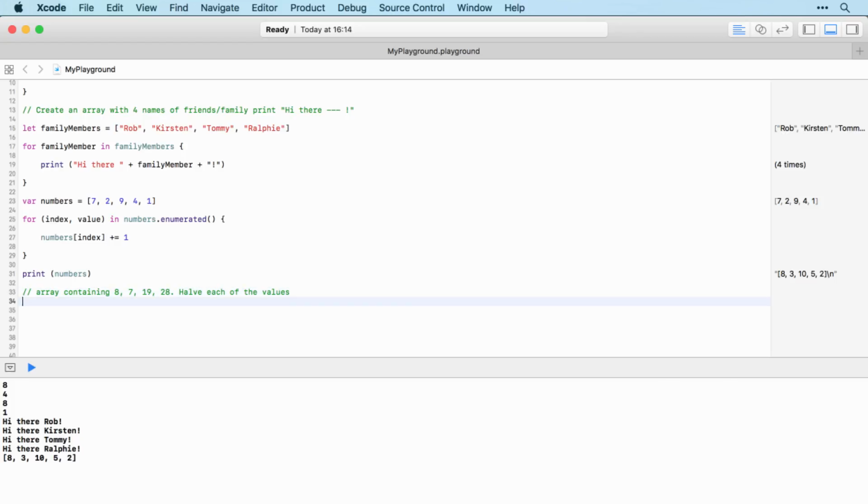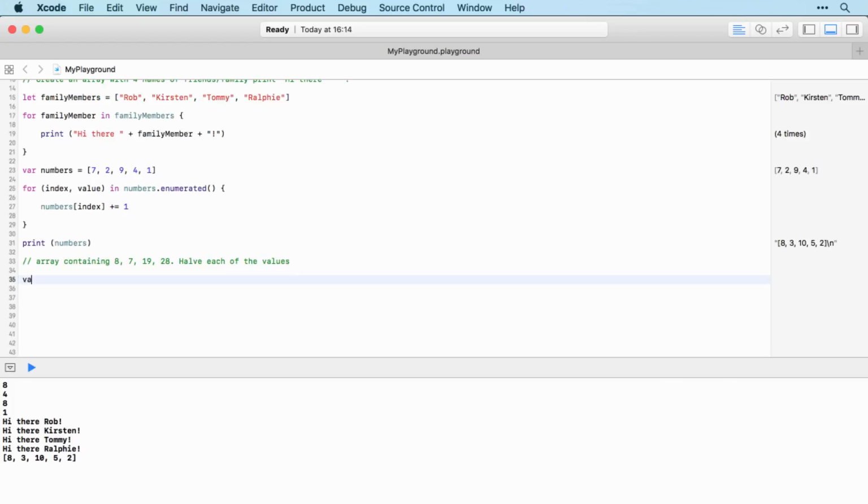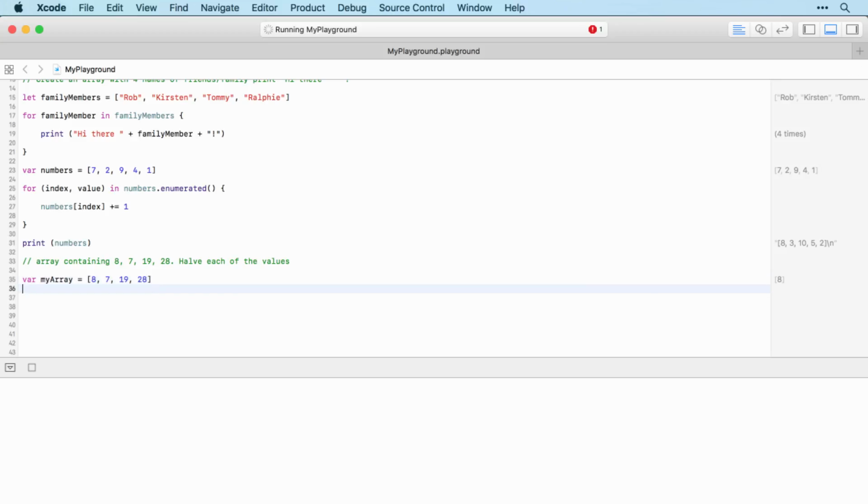All right, let's see how it goes. So this, I'm going to remember to use var rather than let, because I know this is going to change. And I'll use my array as an array name. And let's start off with 8, 7, 19, 28. So there's my array. Then I use for index and value in my array enumerated,